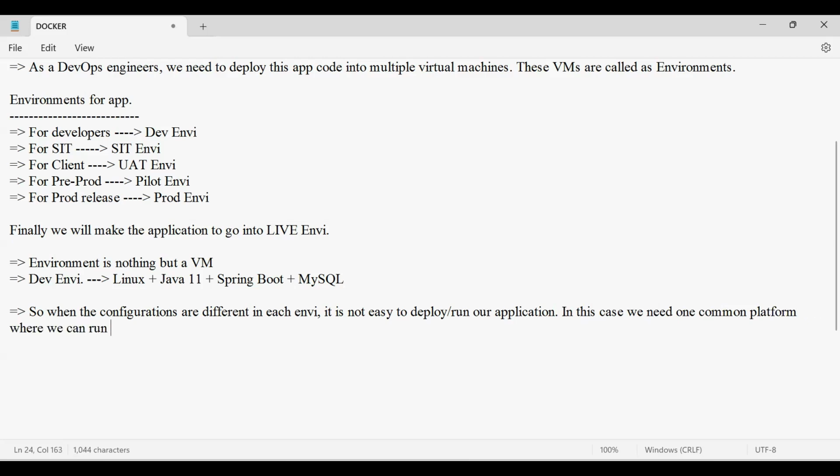When the configurations are different in each environment, it is not easy to deploy or run our application. So we need one common platform where we can run our application, and that common platform is known as the Docker software.